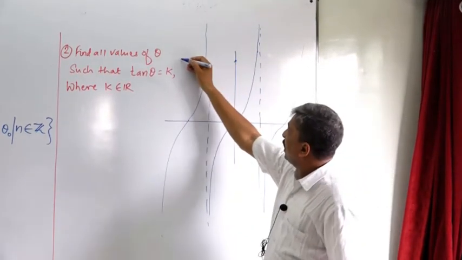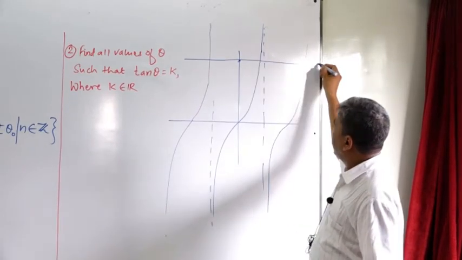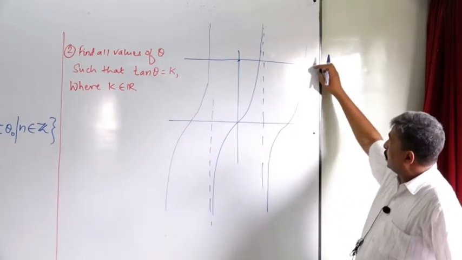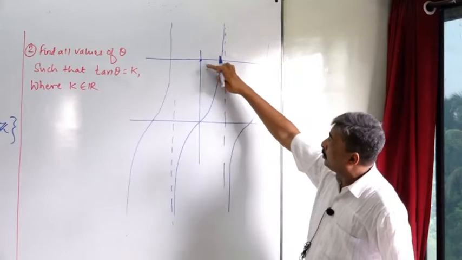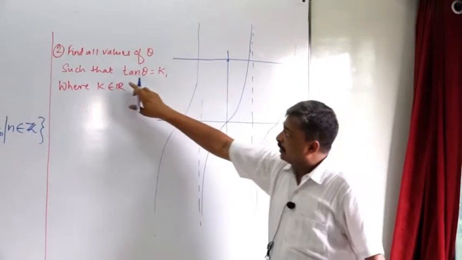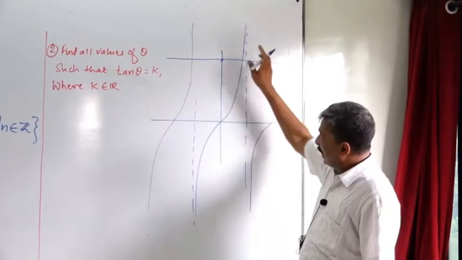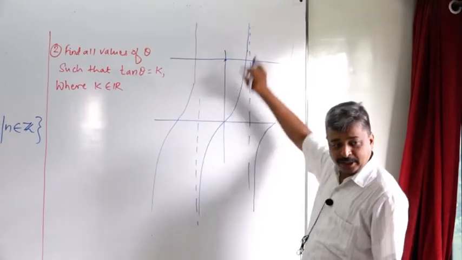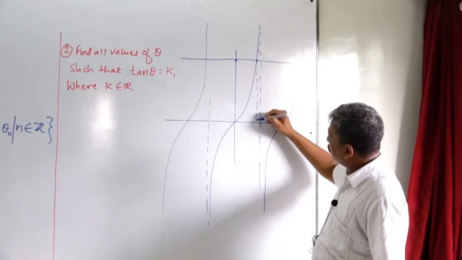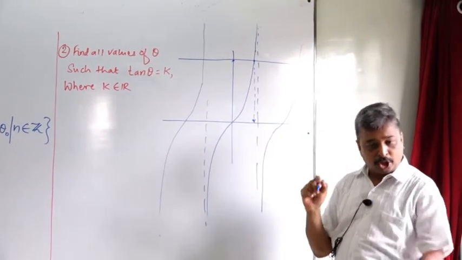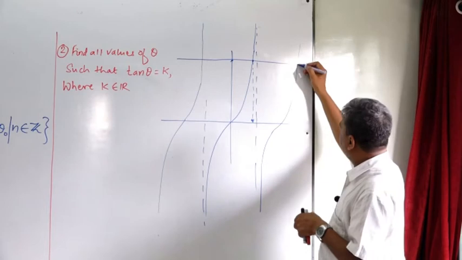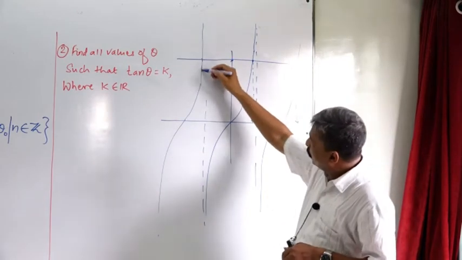So what are we supposed to do if we want to solve this equation graphically? We draw a horizontal line. Every point on this horizontal line on the graph paper will give me a y coordinate equal to k, right? And now we are solving for theta, tan theta is equal to k. Therefore, I am supposed to look at the tan theta curves. Wherever these curves intersect this horizontal line, those points are important to us, and their x coordinate is my value of theta, because we plotted theta versus tan theta. So this is one solution. This will be another solution. This will be a third solution, something like this.